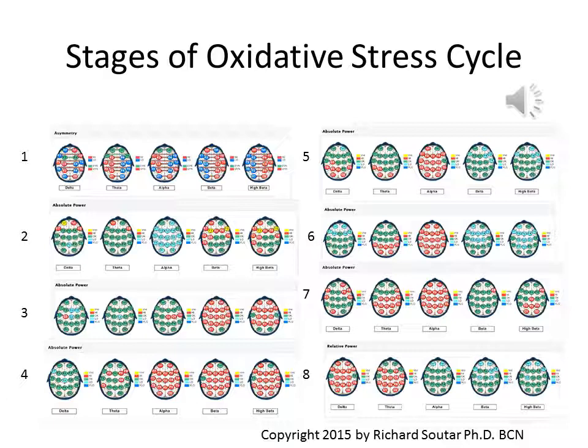This is typical of people with advanced anxiety. So stage 3 would be chronic anxiety. Stage 4 would be a more advanced anxiety that's beginning to turn into depression. At this point, we have such a high level of oxidative stress and inflammation. The diffuse inflammation is affecting mitochondrial function, ATP output, and sodium pumps are beginning to fatigue. That's why we have the diffuse alpha.